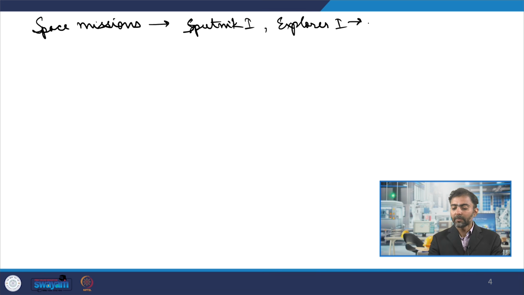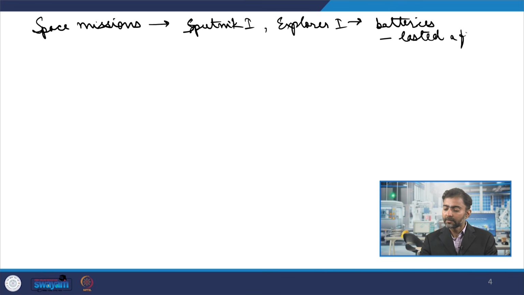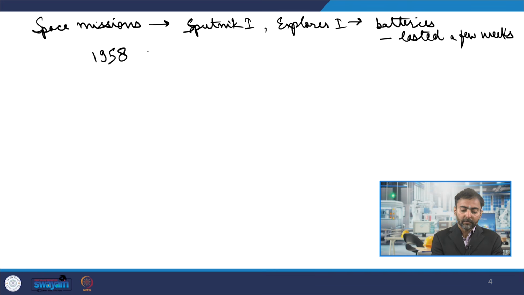They were usually powered by batteries. So the satellites which were launched were battery powered satellites, and these battery powered satellites lasted a few weeks. Once the satellite was up there in orbit, it sent signals back to the earth for hardly a few weeks. But an interesting thing happened around 1958 when the Vanguard